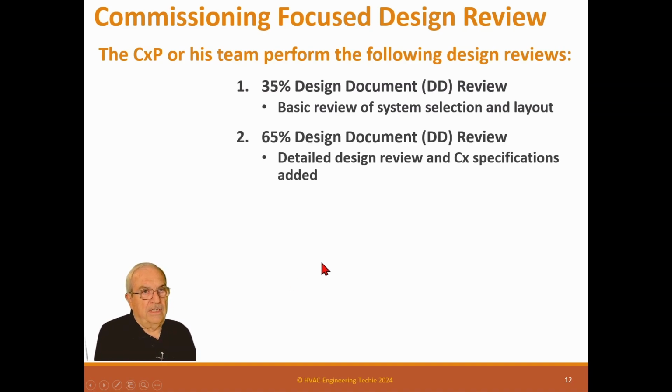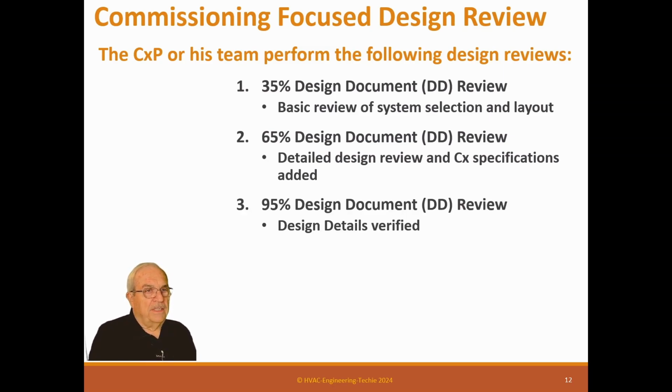A 65% DD review, which is a detailed design review, and CX specifications are added at 65%. So at 65%, all equipment should be specified. You should see the whole general system, maybe not all the details yet. A 95% DD review is the design detail verified. So at 95%, the drawing should be essentially complete with just a few things to correct before they become construction